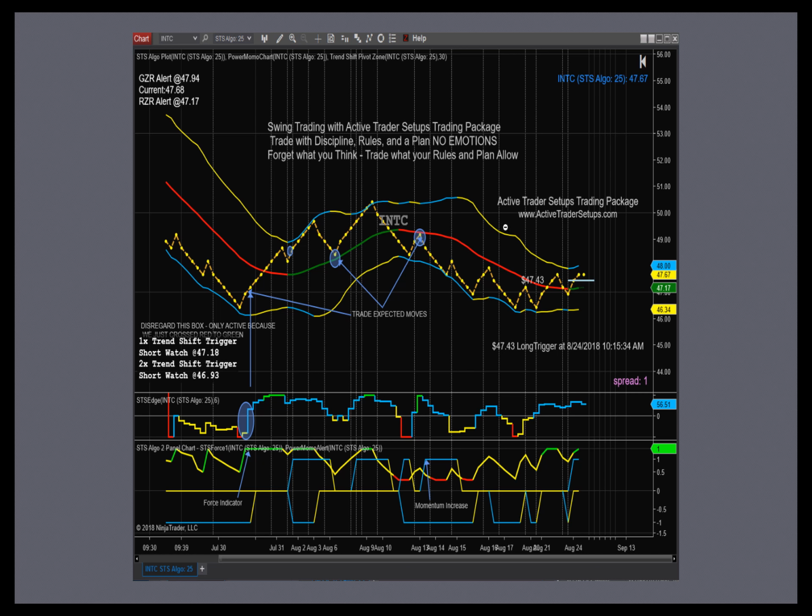This is not a high ATR stock, so this is from the end of July over to August the 25th. So this is a swing trading algo factor for this particular stock. Other stocks will day trade on this same factor. This stock, if you wanted to day trade for these smaller moves, you can do that by moving back a